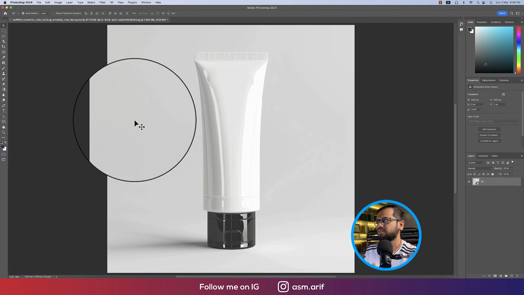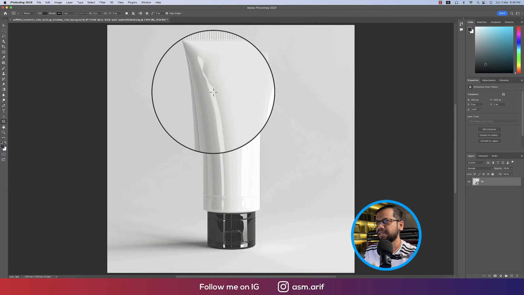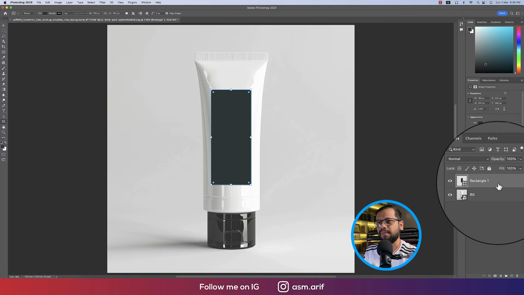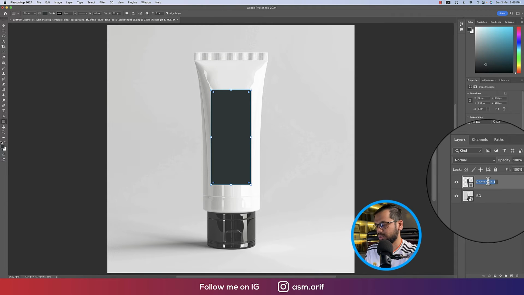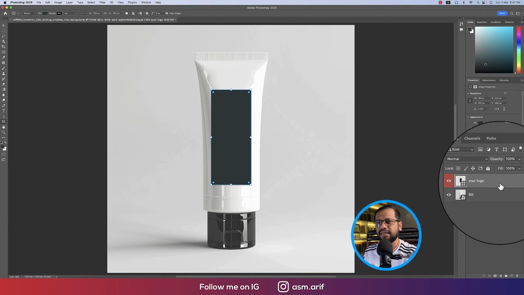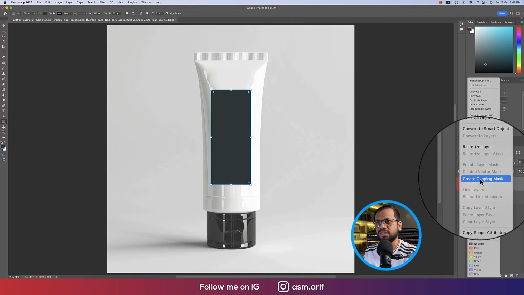That's fine. And after that we'll go to a shape like that. Okay, that's fine. And rename this one